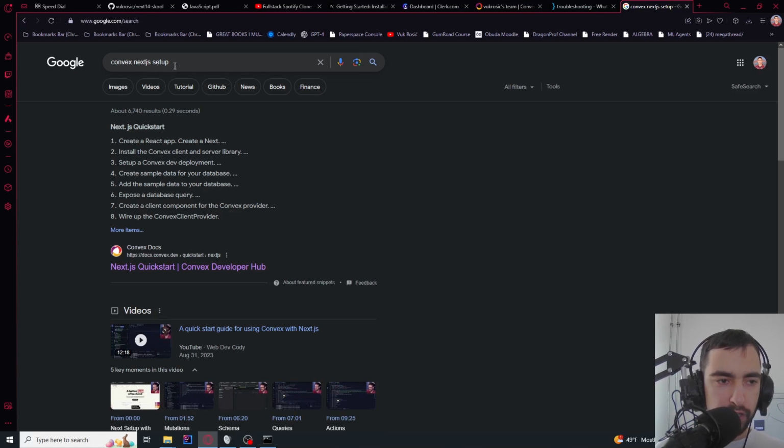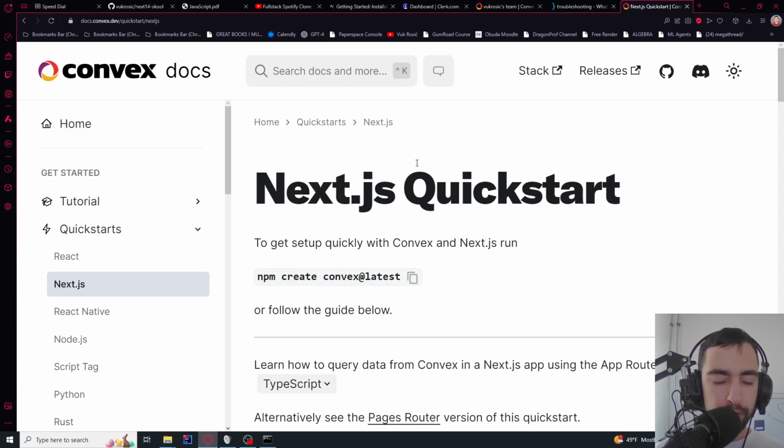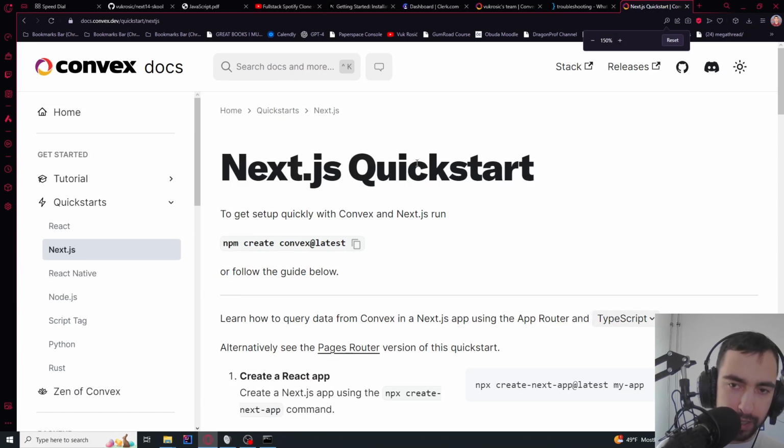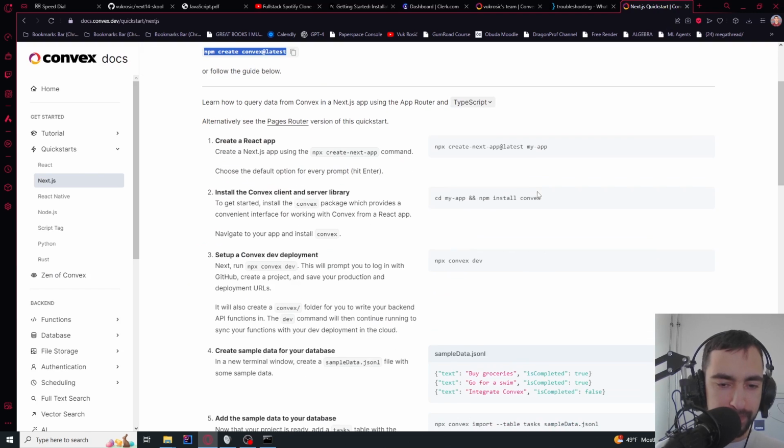Then I want to Google Convex Next.js setup and click this quick start. Now, if you want to be a good developer, you should learn how to read documentation. Now, why is this so zoomed in? Let me reset. Okay, so we already did this, and now we cd into the folder, and we want